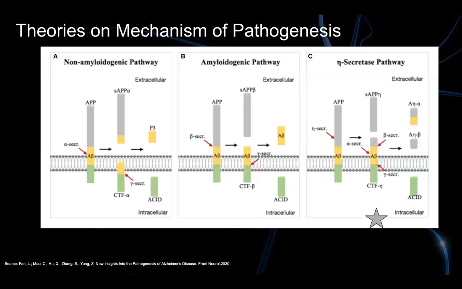The third is the eta secretase pathway. That is the alternative normal physiological outcome that does not result in the accumulation of amyloid beta plaques. Drugs have been proposed to target this pathway in an attempt to reduce the amyloid beta formation. For a while, beta amyloid converting enzyme and gamma secretase inhibitors were in style for drug developers. Unfortunately, none of the drugs to inhibit either of those targets have ever passed FDA clinical trials.